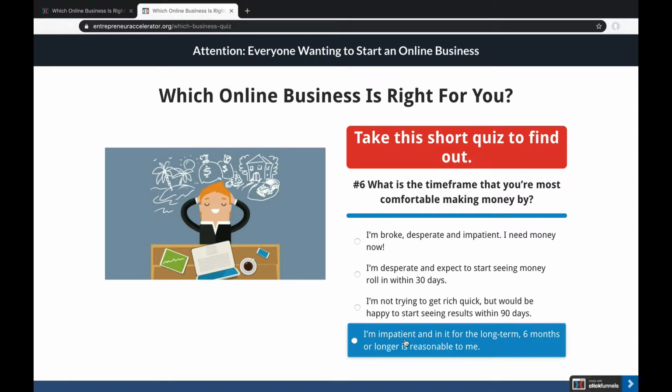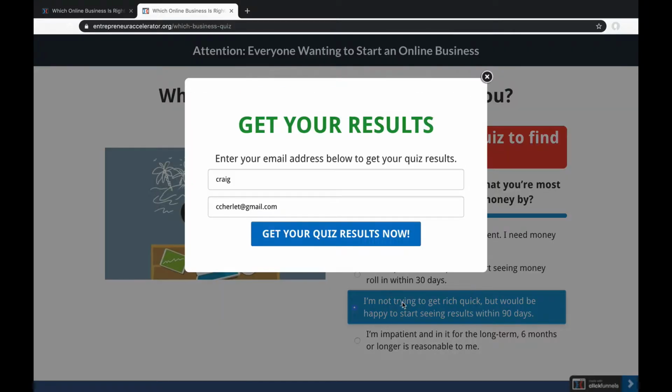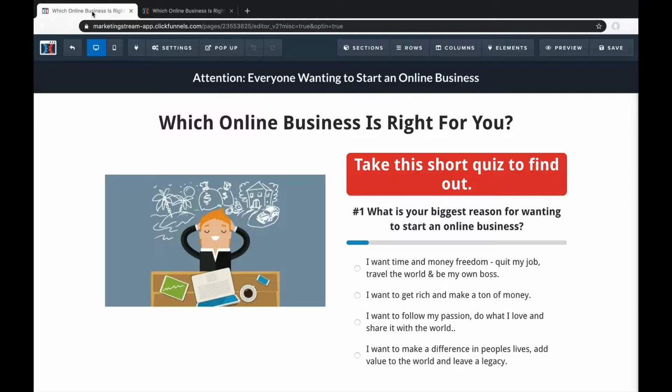So here we'll just do this one, and then bang, you get results. Again, this is a lead magnet, so we're capturing their information and their email, and sending them on to the quiz results. I'm going to show you now the back end of this funnel, so you can see what this whole page looks like and how you can build a survey funnel like this. I'll also show you what you can do with the results and the responses that people give, because you can send them down different pathways or different funnels based on what they say.